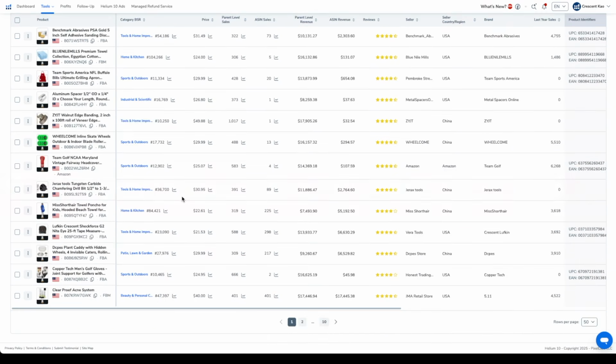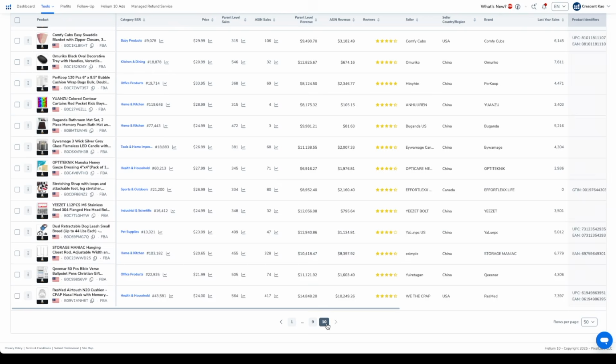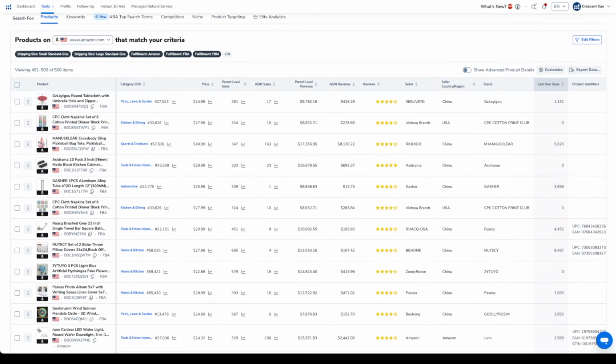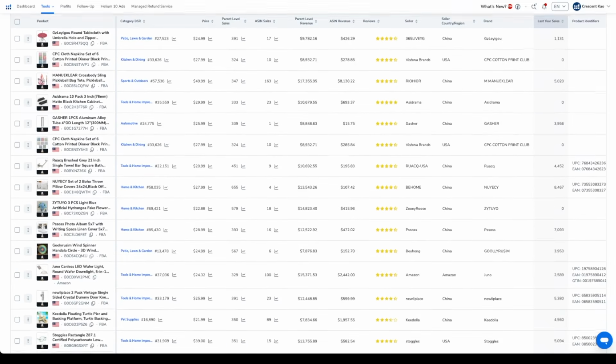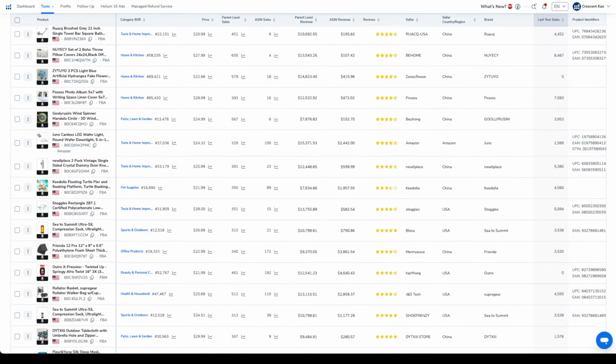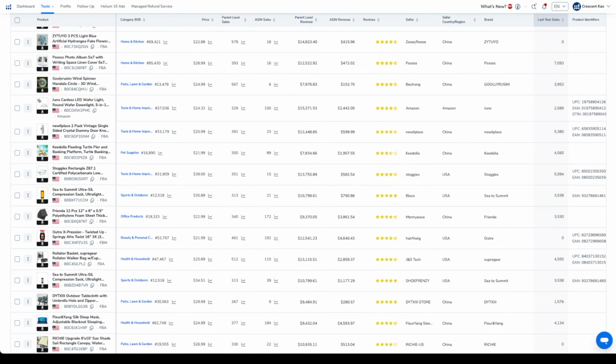Now, a pro tip here, instead of starting on page 1 of the search results, I actually like to work backwards. That's because everyone else is going to start on page 1. Again, thinking outside the box, I want to try to find products that other people aren't seeing. Now, the key to efficient product discovery is to not waste time doing deep analysis on everything that you see here. Browse through these listings and specifically look for products that you don't immediately recognize or appear strange and out of the ordinary. These are the best products to do deeper analysis on. Products that you're familiar with are almost always going to be too competitive,